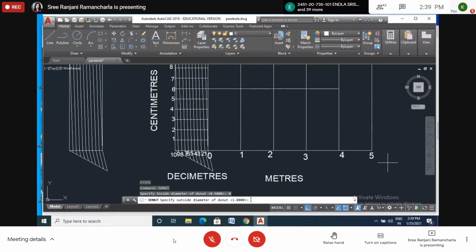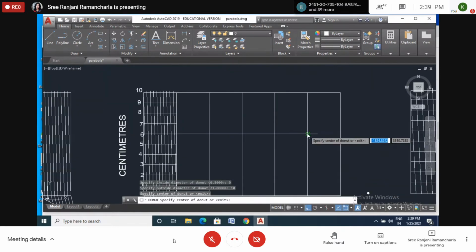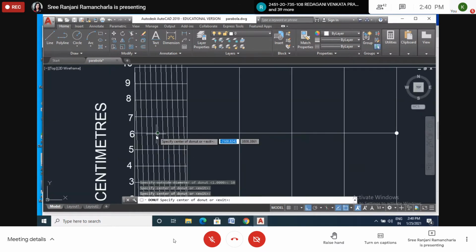Outer diameter, compared to what I have taken, suppose this is 20. So I will take 10. Let me see how much it will come. It is a bigger size. Yes, 10 is sufficient, right? Here I'll take a point, and where we started, I forgot where I started. When I move my cursor here, it will show in a box way. See here, it's showing the box.